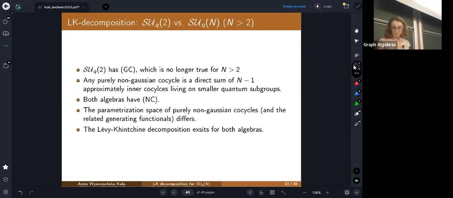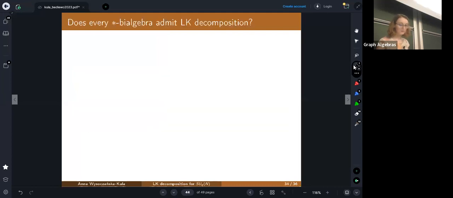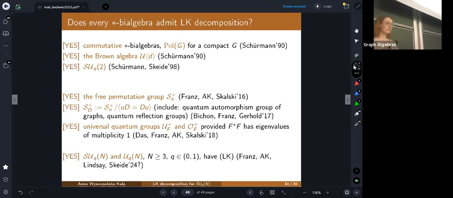So I might stop here, but since I still have 3 minutes, I don't want to leave you with the idea that all bialgebras admit a decomposition, because this might be the impression after my talk. For SUQ2 and SUQN for bigger n, we do have the decomposition, and in fact, we know a lot of examples of bialgebras, mainly coming from quantum groups, because we were mostly interested in this specific case, that